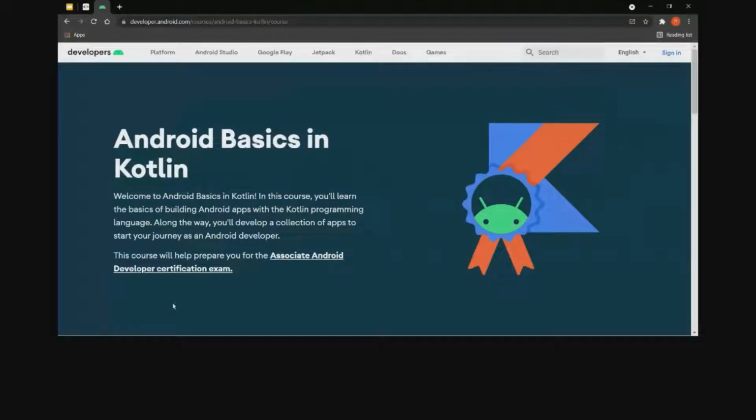Now, I would like to cover a few basics of Kotlin. Let me share my screen.